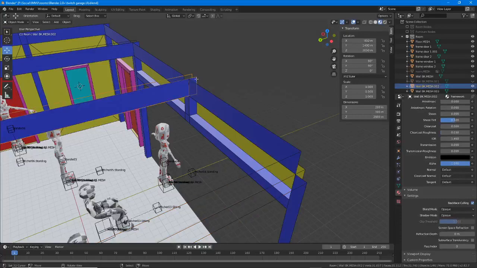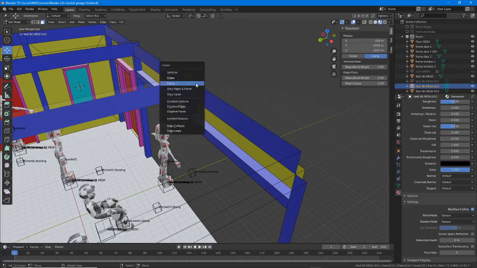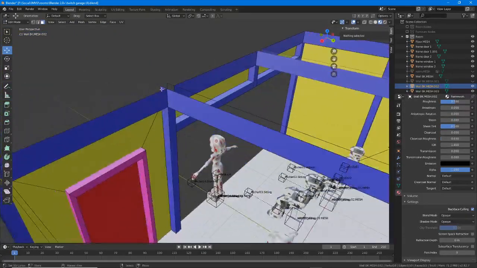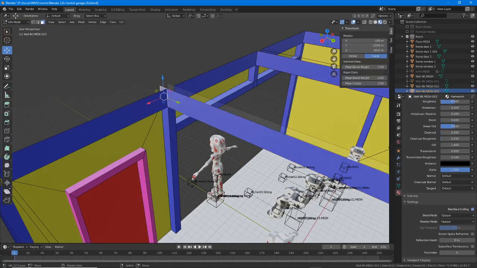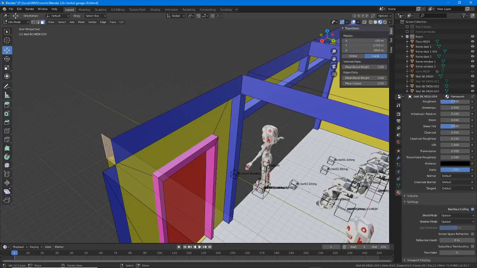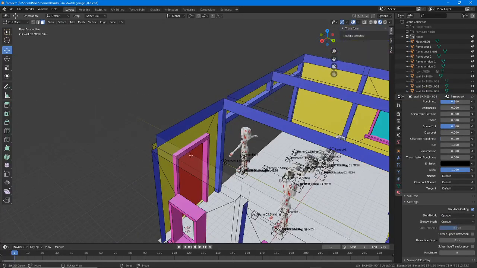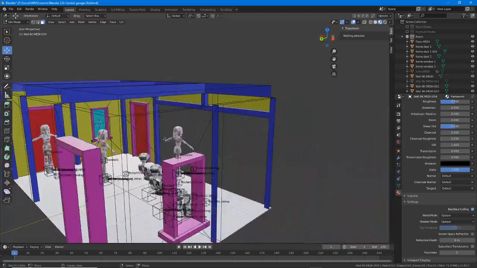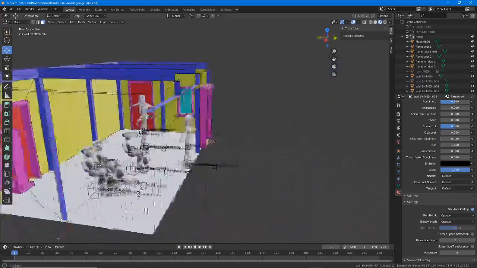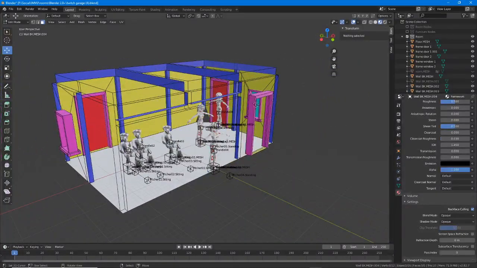Get rid of that. Get rid of that. Get rid of that. And that. So what we end up with is, in this particular instance, because it's just a simple garage,